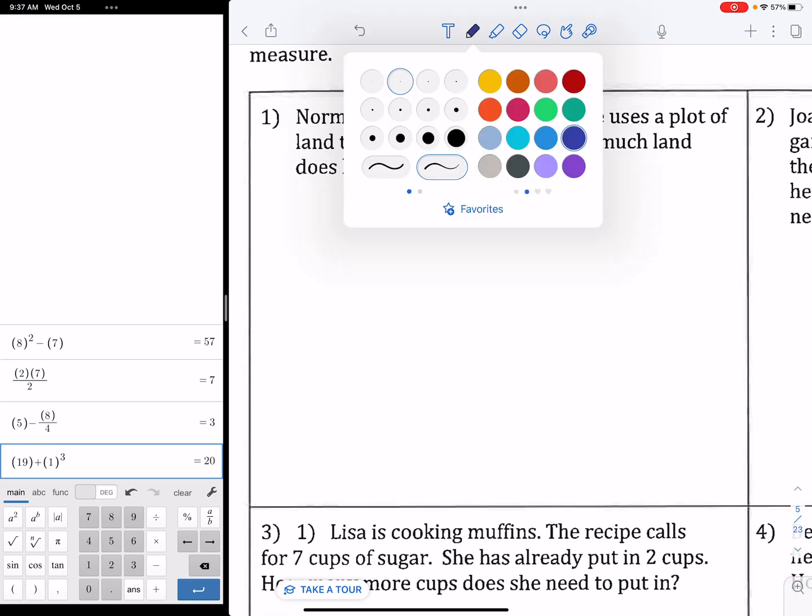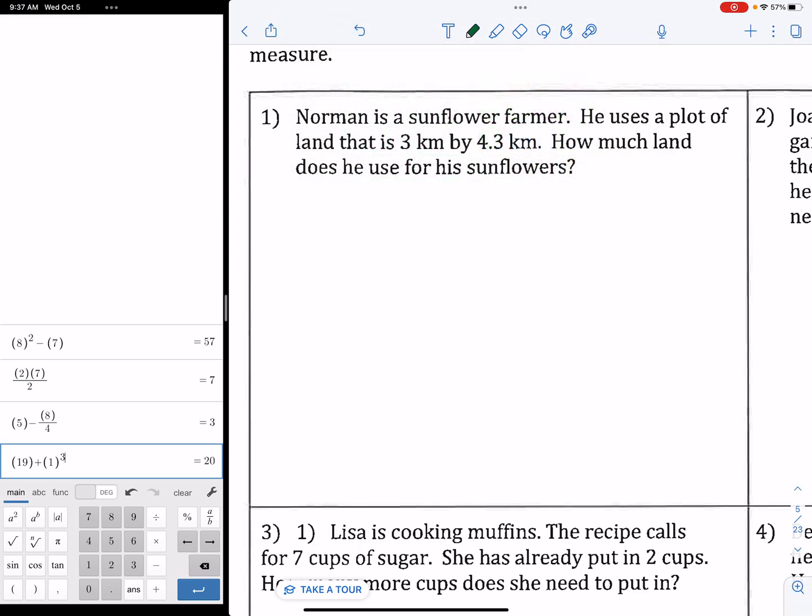So we have Norman here. I'm sure he is a perfectly delightful chap. And he has a sunflower farm. He uses a plot of land that is 3 kilometers by 4.3 kilometers. How much land does he use for his sunflowers? Well, right now, I know I need a picture because my brain thinks better with pictures. So here's a bird's eye view of Norman's plot of land. 3 kilometers by 4.3